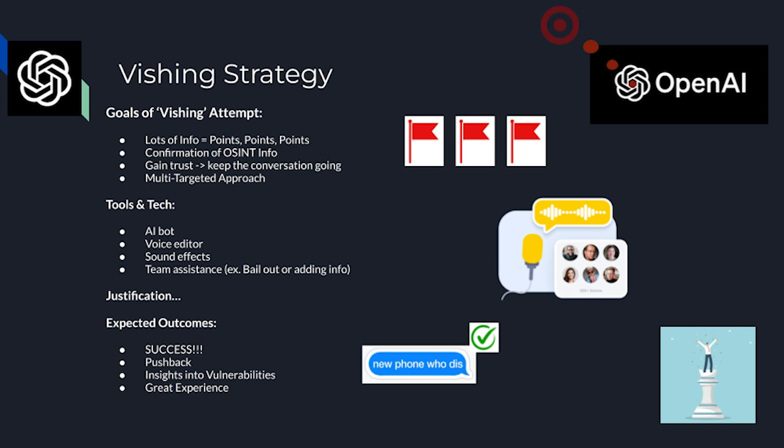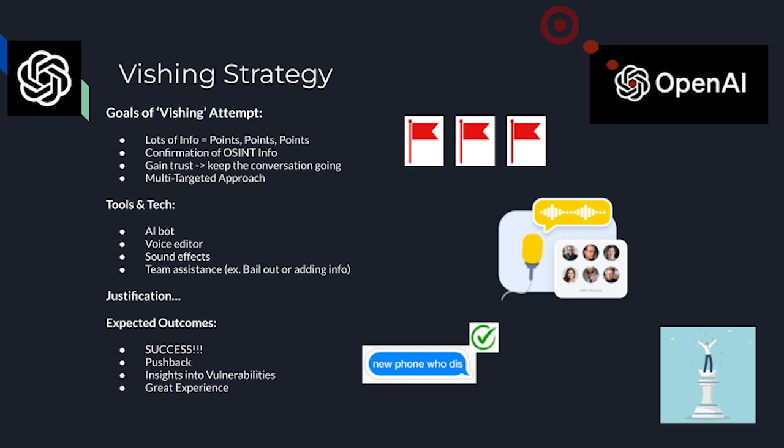deal. Next, to make our Vishing attempts more convincing, we're utilizing several key tools such as AI bots that will help us craft real-time responses to keep conversations natural. We'll also use a voice editor to change our tone or identity depending on the target. And we want to use sound effects such as background noises like being at an airport, a baby crying, or a glitchy headset. This will create a more immersive and believable setting. Finally, we'll have team assistants on standby. If we need a quick save or additional information during the call, a team member can jump in or bail